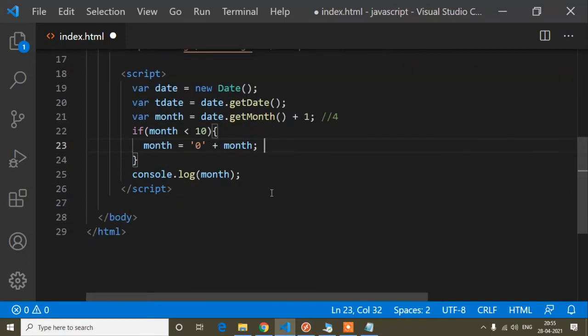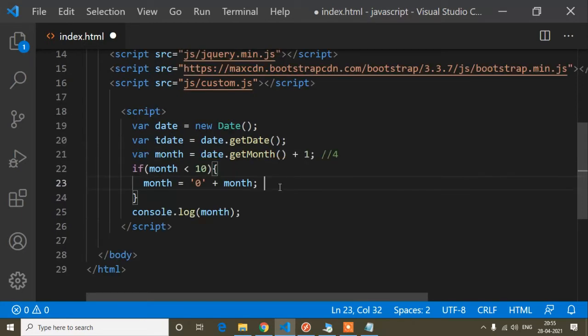Okay, so now when the month is one character, like January, February, March, April, these months are one character, because January is 1, February is 2. So when this is one character, or you can say one string value, it will be prefixed with 0. And the same way when the date is less than 10, I mean 1 April or 1 March, 2 March, these are not two characters, 1 2 3 4 up to 9.